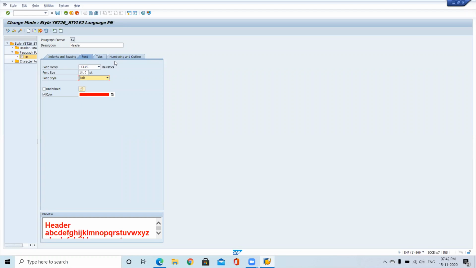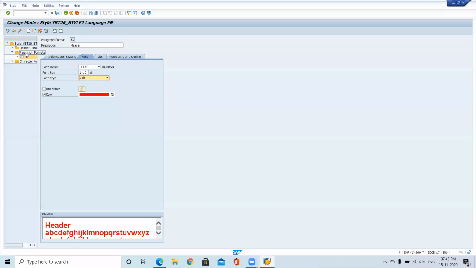So they will provide us the requirement. According to that, we will be creating a style. They will tell us that for a heading they need a Helve format or Times New Roman. They are expecting 18 or 16. Font style is bold or normal, they will specify. Okay, sir. They only tell. So from our side, we need one paragraph format with those properties.